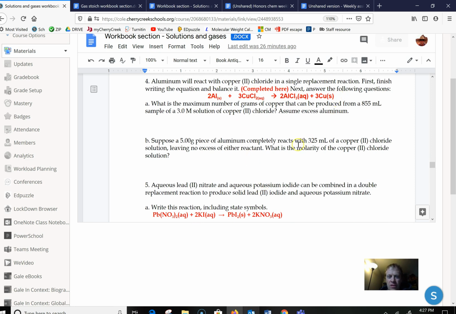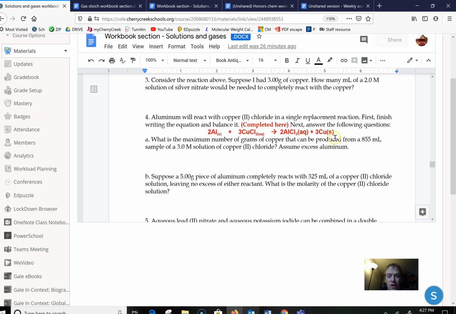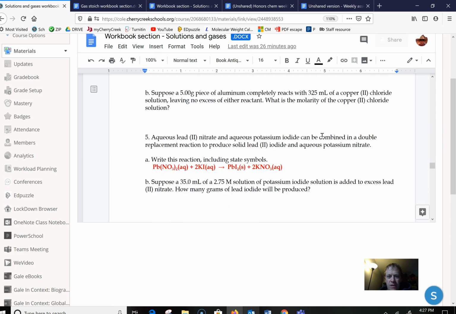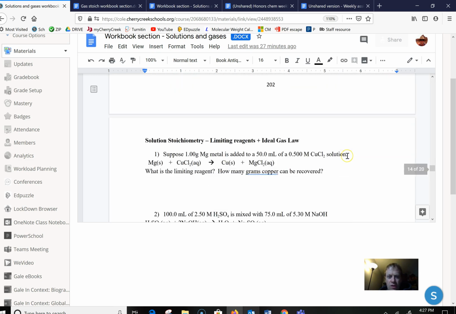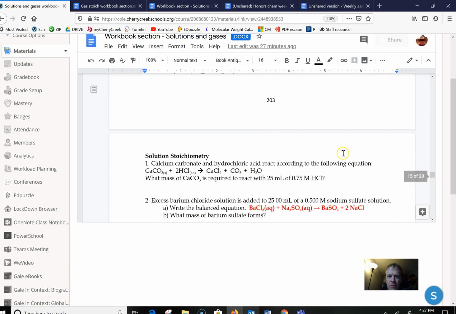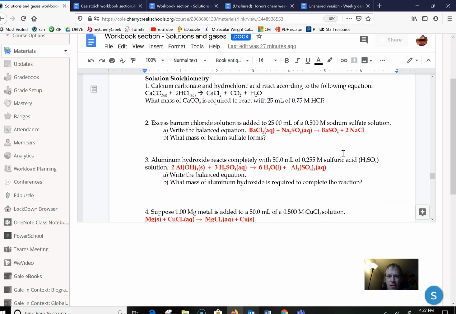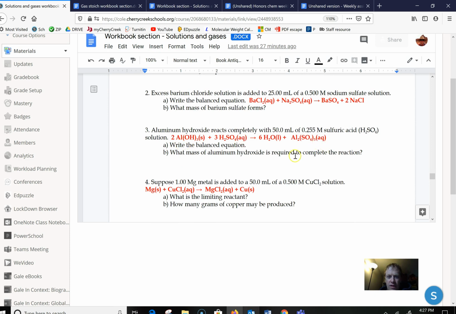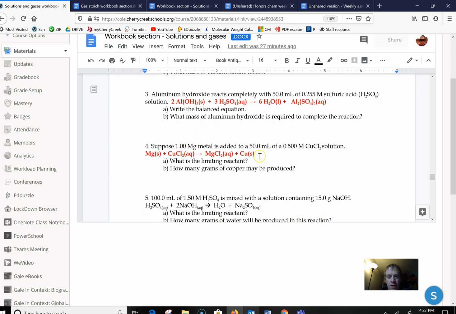So I've gone through and actually written some of the reactions for you here. I don't want that to be the thing that throws you off. So you might want to reference those. Anything in red is stuff that I've added just to help you write the equations. This page we're probably going to skip, at least for now, but this page here there's a little bit more practice, and again I've written the stuff in red.